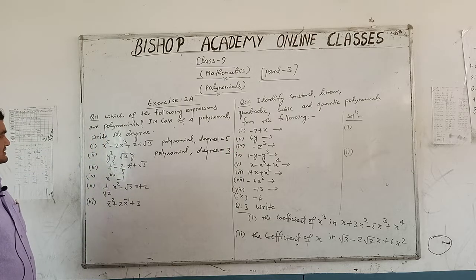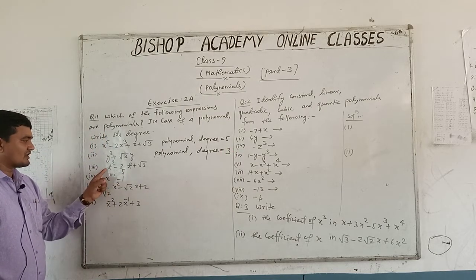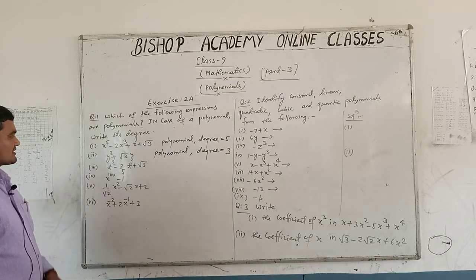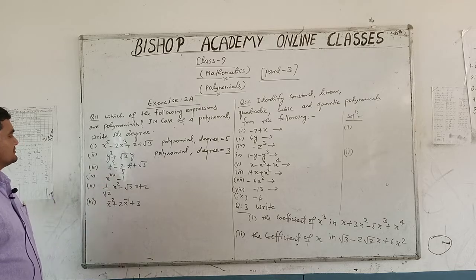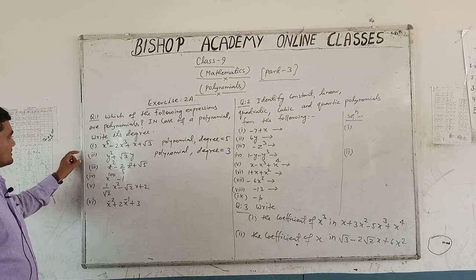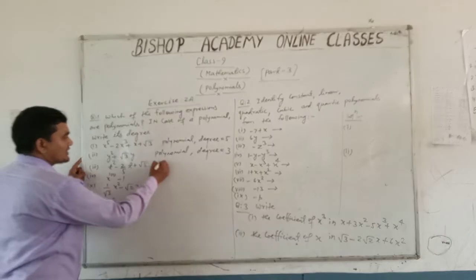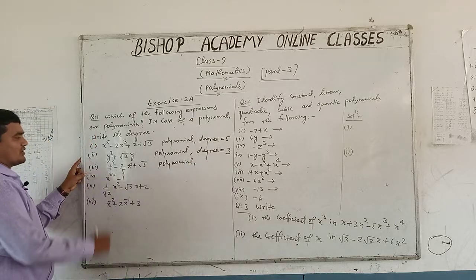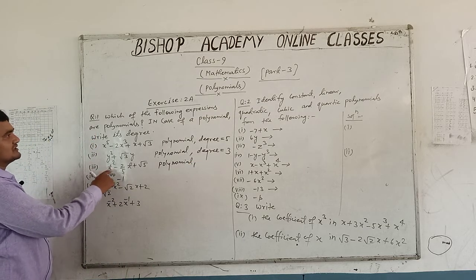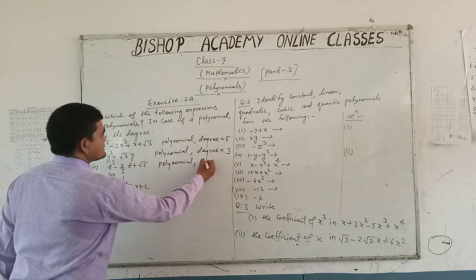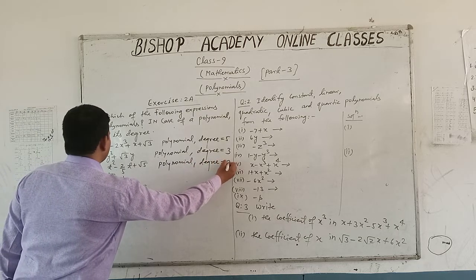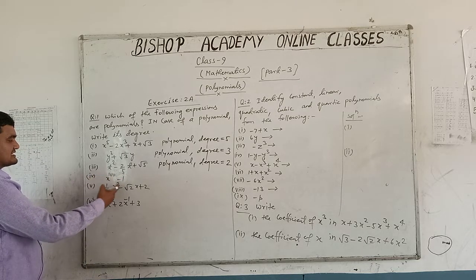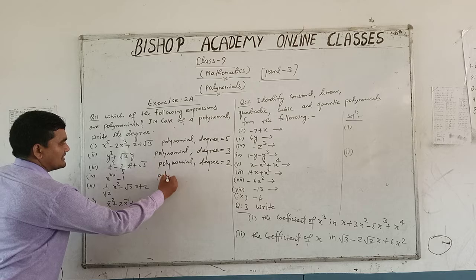Now in third, each term of this expression is containing non-negative integral power in variable t. Therefore, it is also a polynomial, and highest power of this polynomial is 2. Therefore, its degree is 2. In fourth part, this algebraic expression is also a polynomial